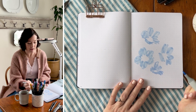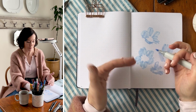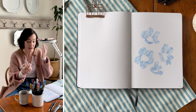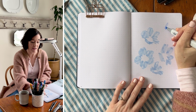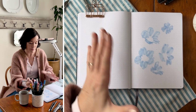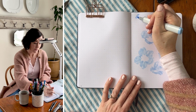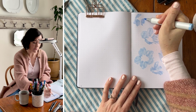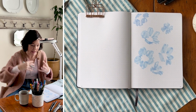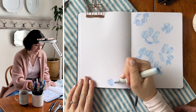Because when you look at flowers in a garden, they're not all perfectly facing the viewer, opening up wide. Some are missing petals. Some are on an angle. Some are facing away. Let's do one that's facing the opposite direction. And instead of drawing each little petal, what I really want to do is just allow myself to have fun and just put some